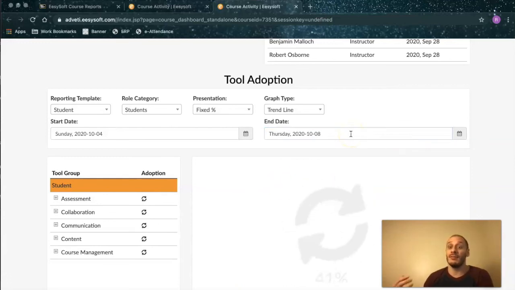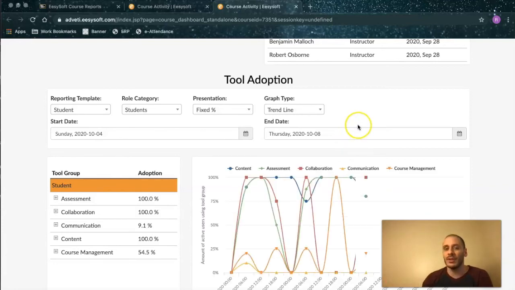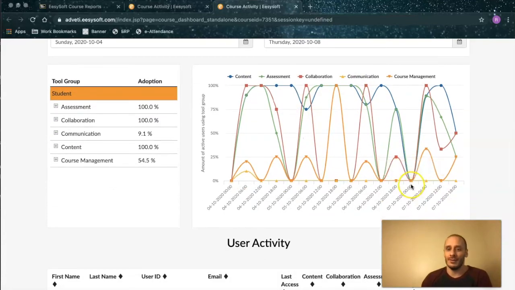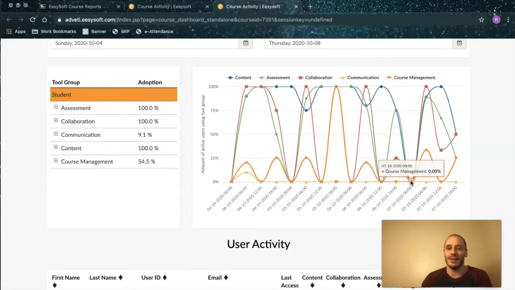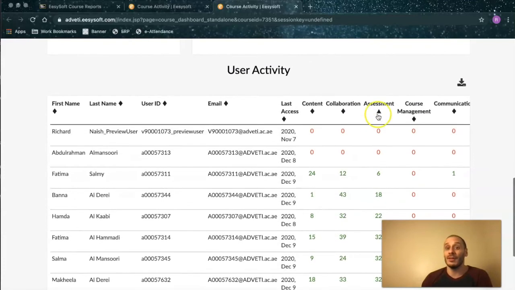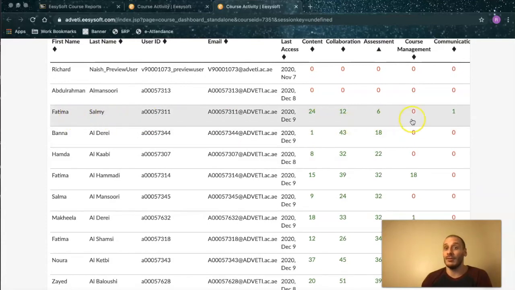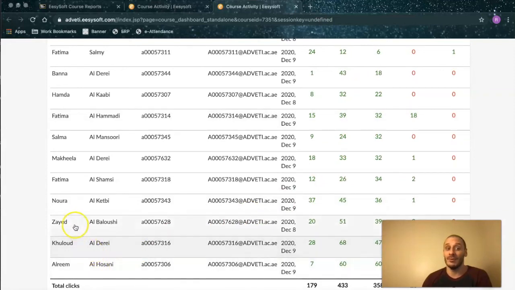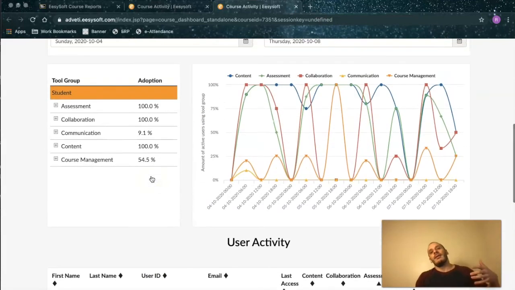You could just pull up the data for this week, for a specific week, and you'd be like, whoa, what the hell happened on the 7th of October? Nothing happened. Again, you've got different sessions there. Maybe we had like a Blackboard blackout and we had no class. And I can see this week, who was working this week? Definitely not Fatima. 12 classes, 6 assessments. Mashallah, Areem, Khulud, Zayed were working. This is the easiest way to see who's working on a week-by-week basis, to show your students, if you want,